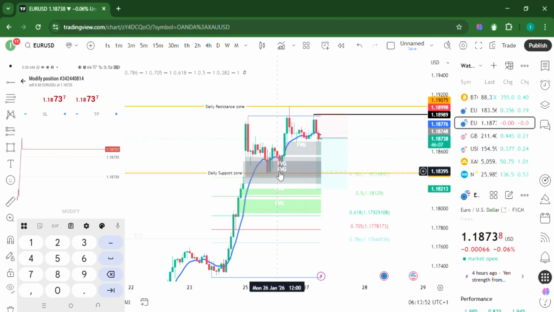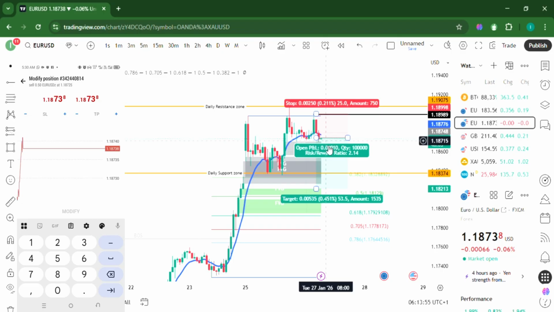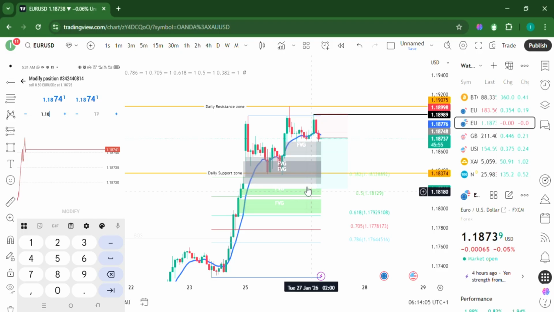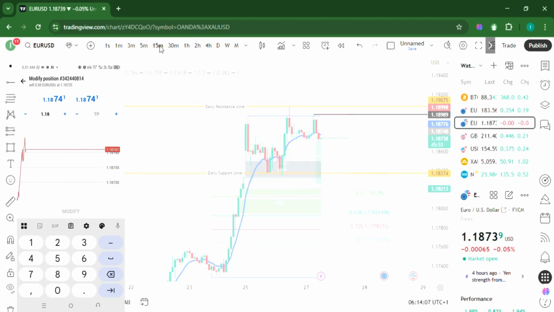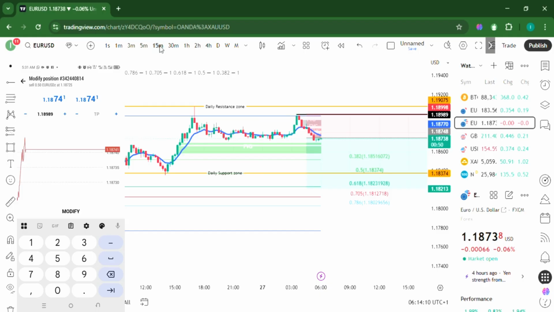If the move continues to the downside, I will need to adjust both my take profit and my stop loss as the trade moves. Now, my execution rule: I look out for rejections, a rejection candle at a resistance zone, a pin bar like this, or an engulfing candle. Whenever I see this, it tells me